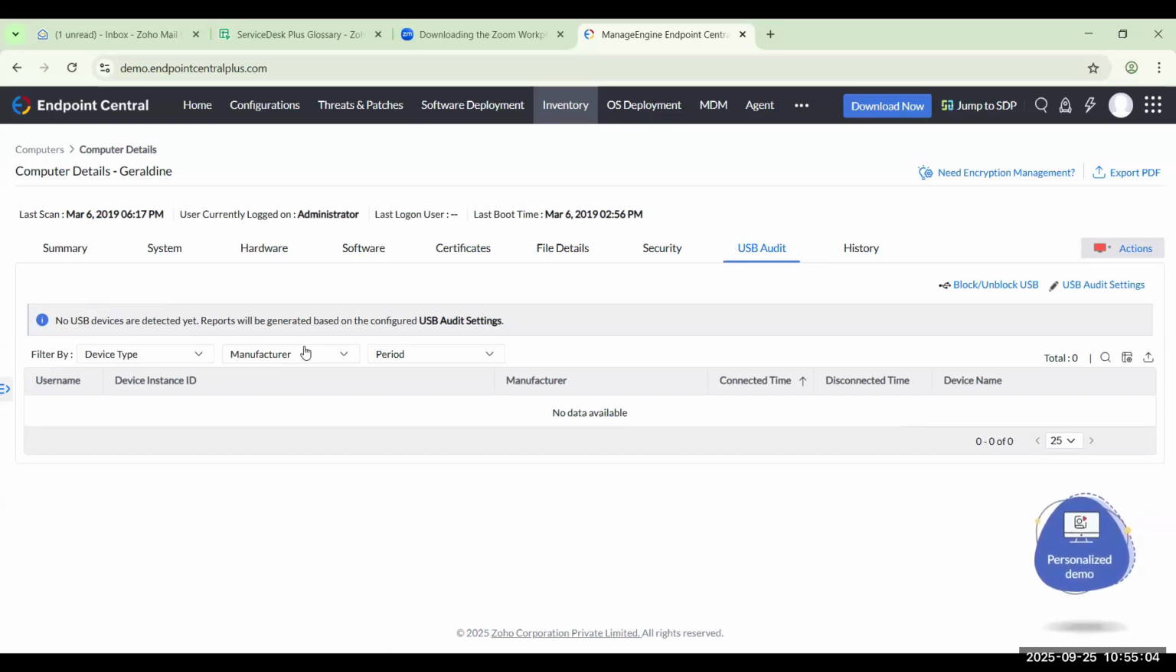So this is a very comprehensive solution to manage your endpoints from the administration view of the IT user. Okay. Now let's move into